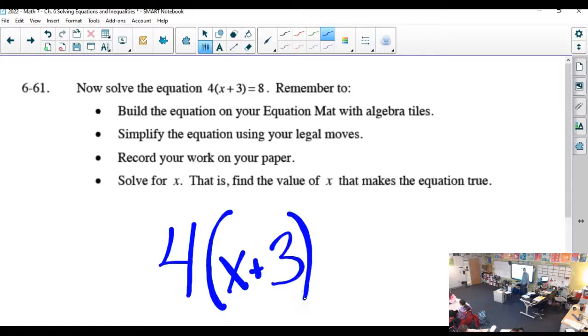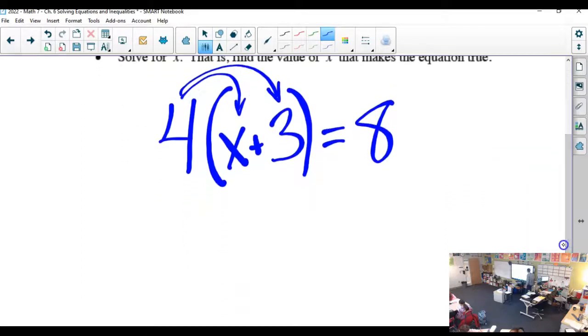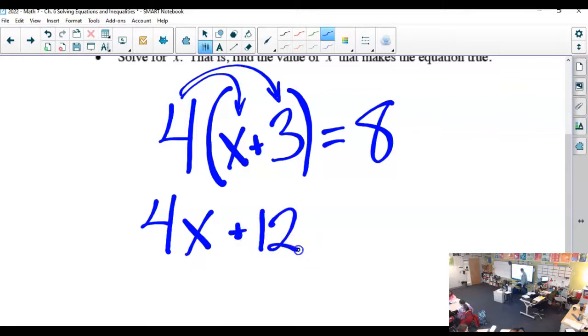So guys, it often helps to copy it down again, but then we should be drawing arrows to show that multiplication. What's 4 times x? 4x. And 4 times 3? Guys, trap door. The second multiplication is what people forget to do. So 4 times 3, 12